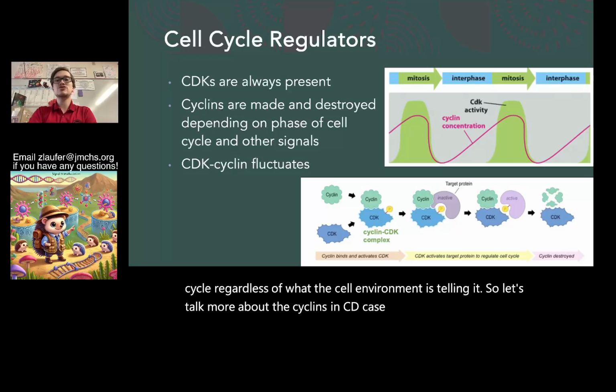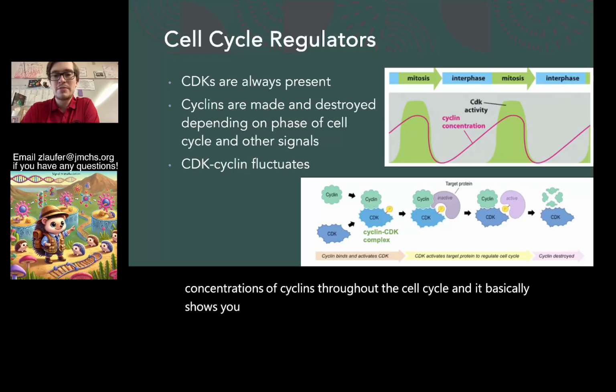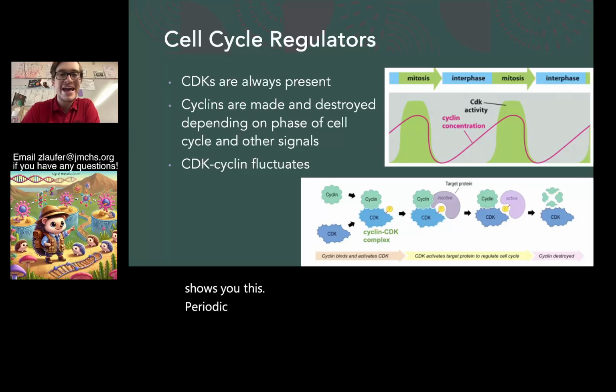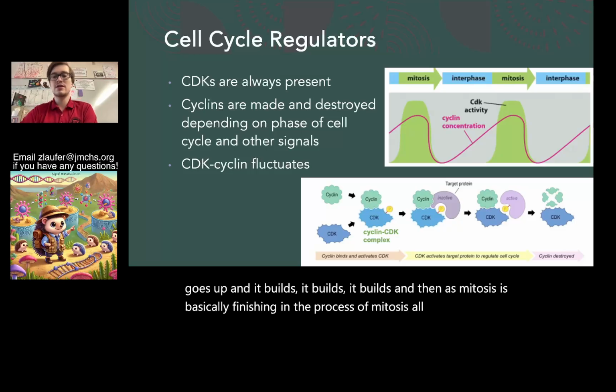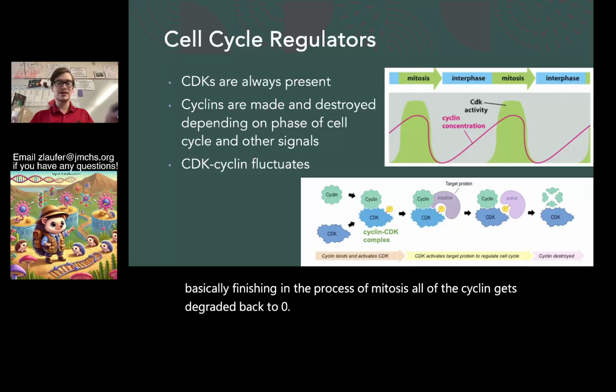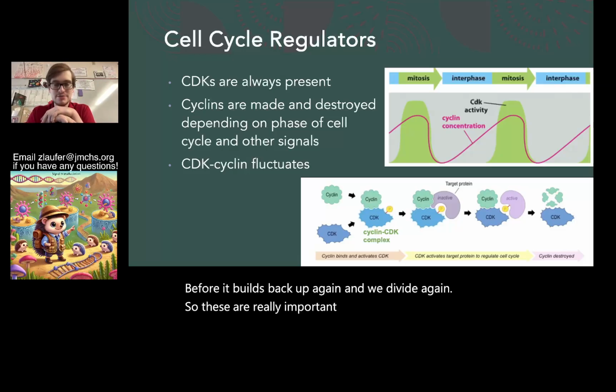So we track the concentrations of cyclins throughout the cell cycle, and it basically shows you this periodic sine wave-esque pattern where the cyclin concentration goes up and it builds, and then as mitosis is finishing, and in the process of mitosis, all of the cyclin gets degraded back to zero before it builds back up again and we divide again. So these are really important and very easy to mix up,